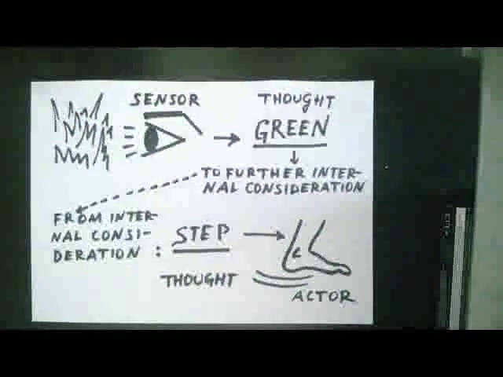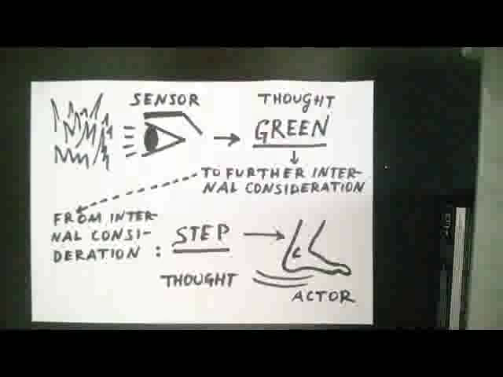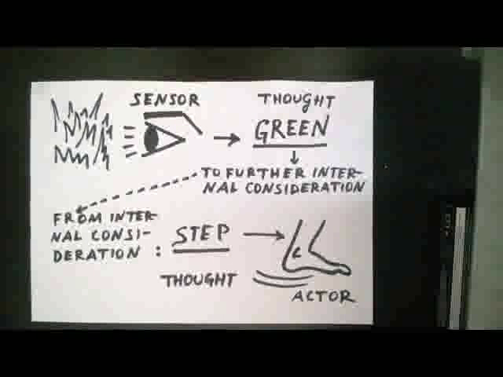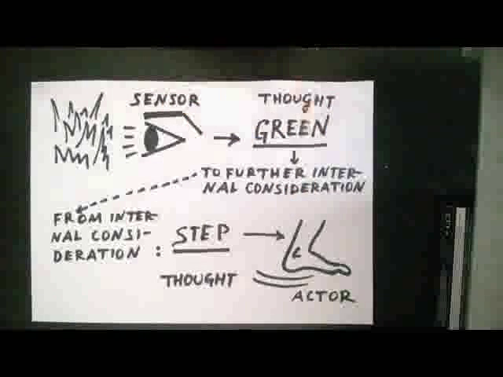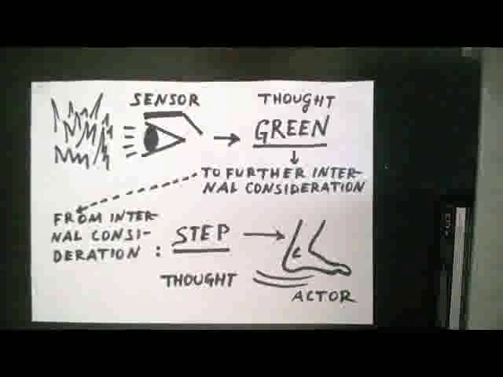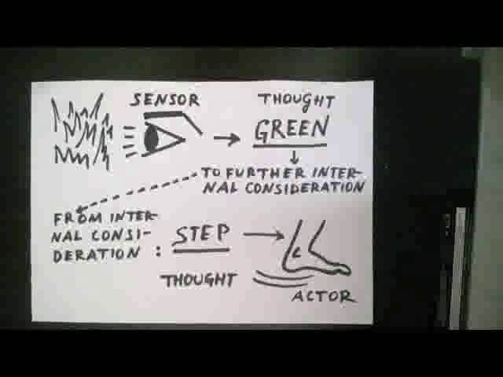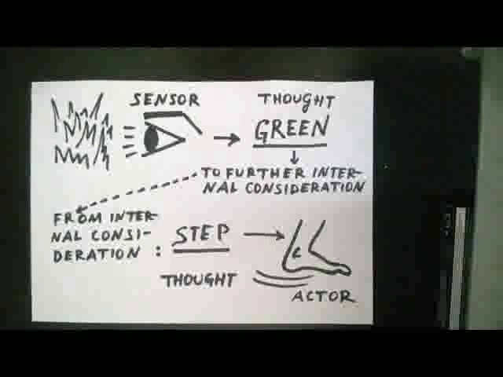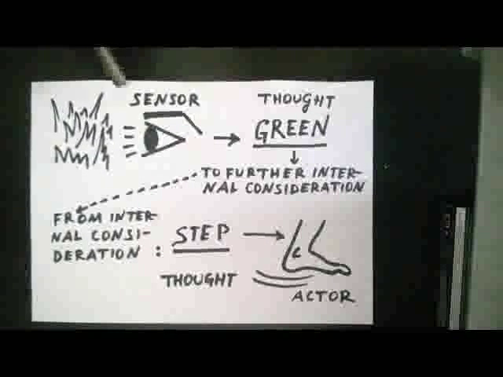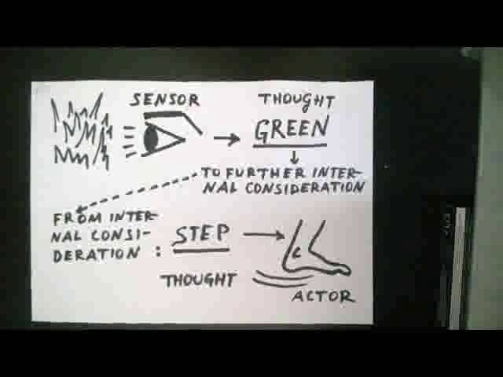For this, I have made this little scheme. You have two instruments. The first instrument is the sensor, and the second instrument is the actor. You see, in my view, the whole reasoning mechanism is fully automatic. You think simply because you have to. You can't really stop thinking. Even if you think about something else, you just change the subject of evaluation, but you still do evaluate. And in the same way sensors and actors are automatic.